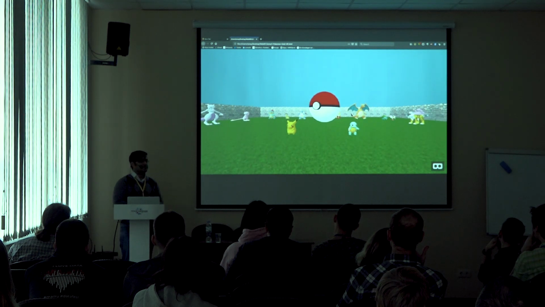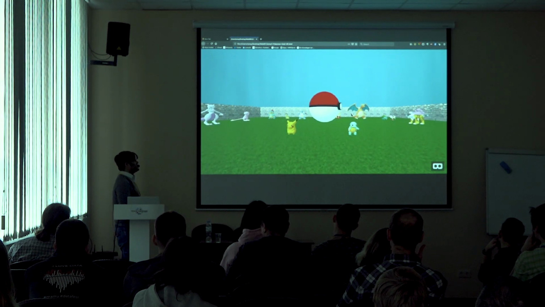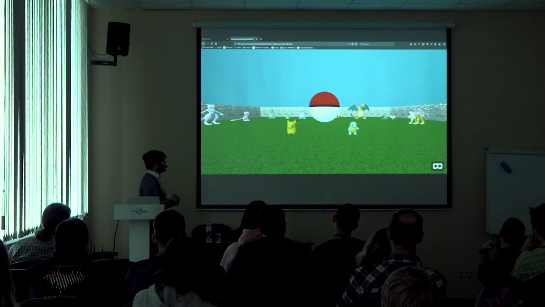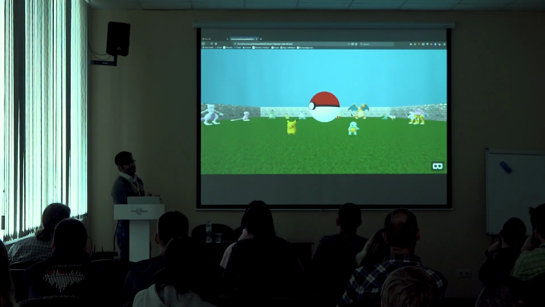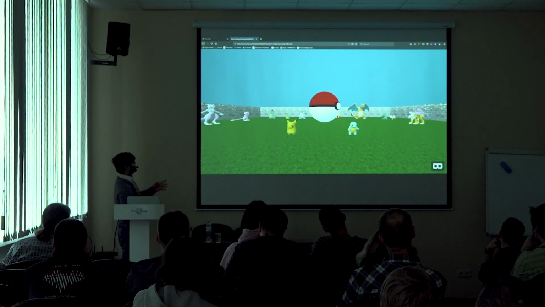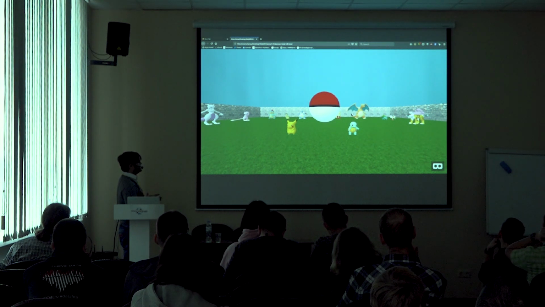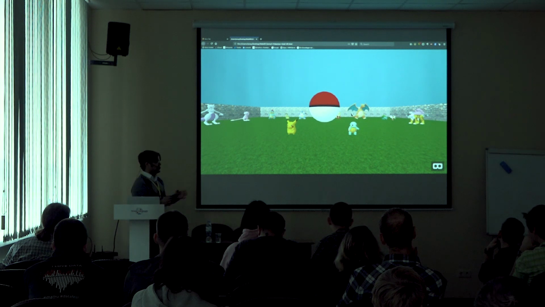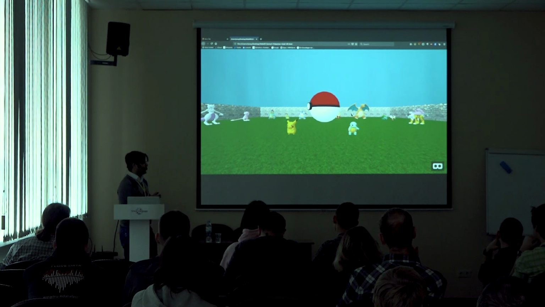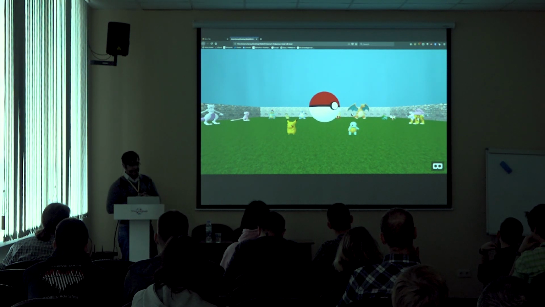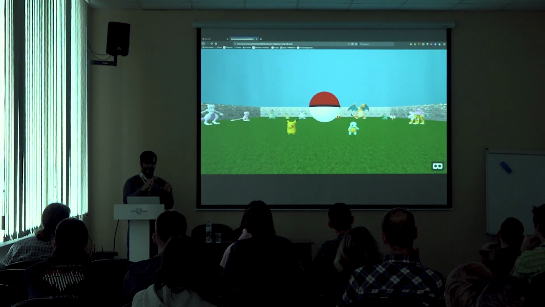So everything works as expected. We have a Pokeball here which is rotating about its central axis. Then we have different kinds of Pokemon that we added. I can see Pikachu, Squirtle, and you might notice that there's a goggle-shaped icon on the bottom right of the screen. So if you open any A-Frame scene up on a mobile,